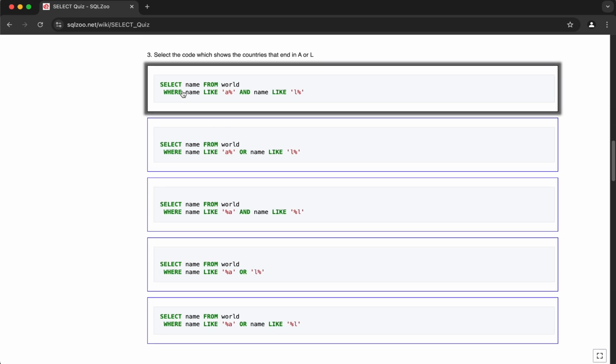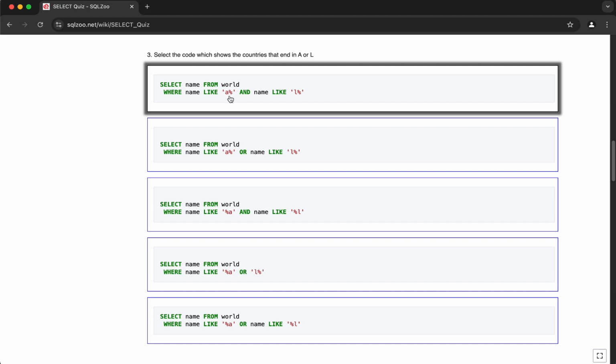So we can see here that the structure of our queries on all options are correct. They start with a select statement, then a from, and the where clause. So let's check the first one. It says select name from world where name like, in single quotes, A, parentheses. We can already stop